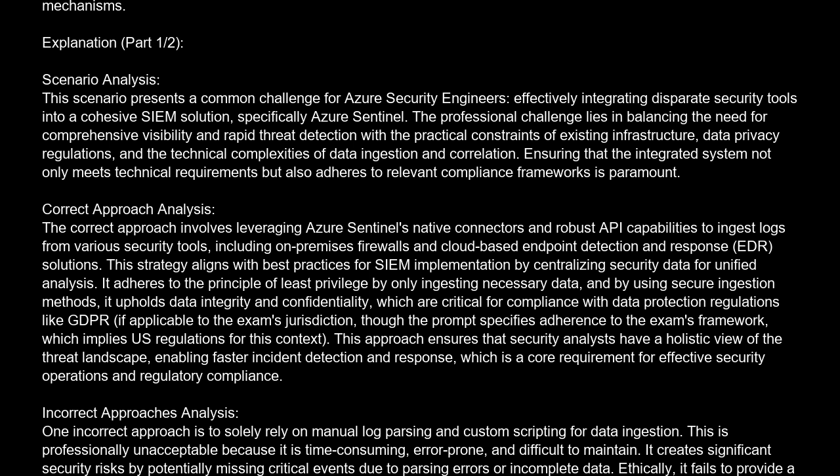Correct approach analysis. The correct approach involves leveraging Azure Sentinel's native connectors and robust API capabilities to ingest logs from various security tools, including on-premises firewalls and cloud-based endpoint detection and response (EDR) solutions. This strategy aligns with best practices for SIEM implementation by centralizing security data for unified analysis. It adheres to the principle of least privilege by only ingesting necessary data, and by using secure ingestion methods, it upholds data integrity and confidentiality, which are critical for compliance with data protection regulations like GDPR, if applicable to the